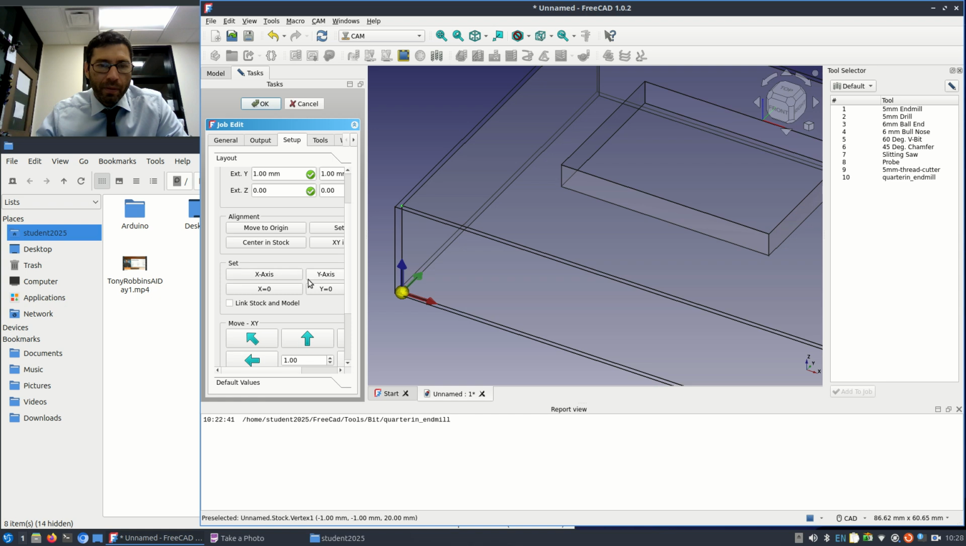Now this menu here, the set menu, is grayed out, right? So I'm gonna do link stock and model. I'm gonna do x equals 1, y equals 1, and